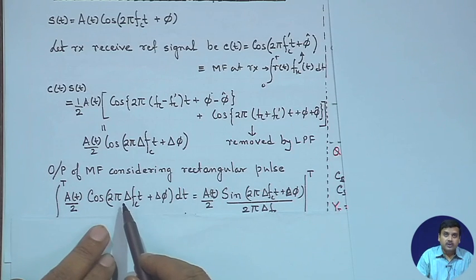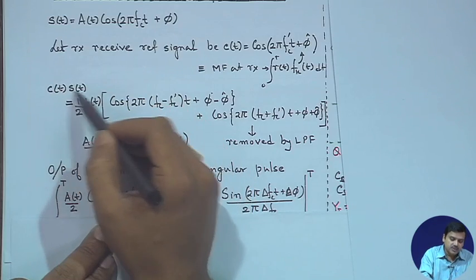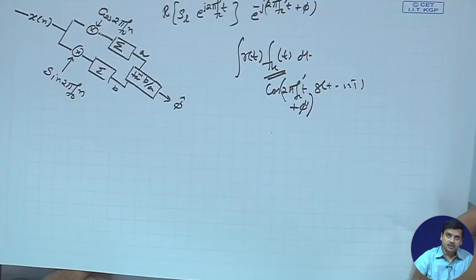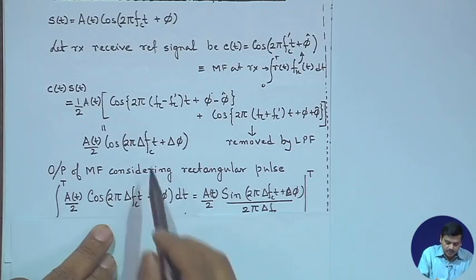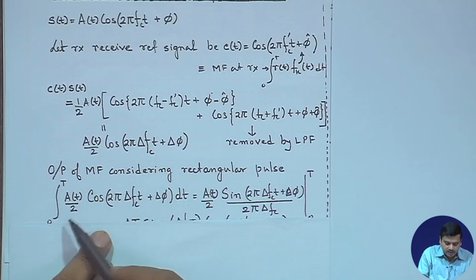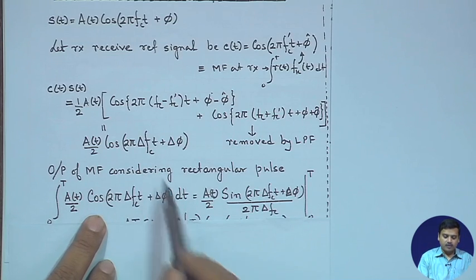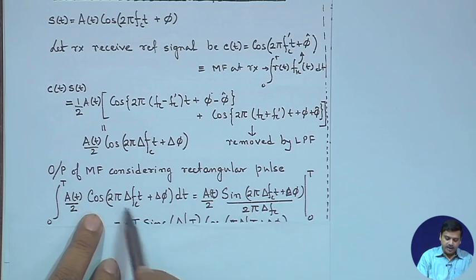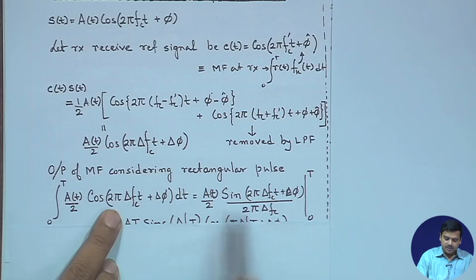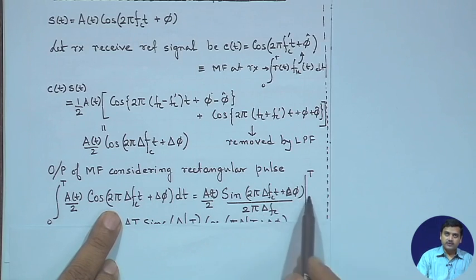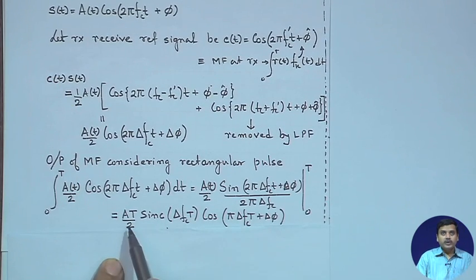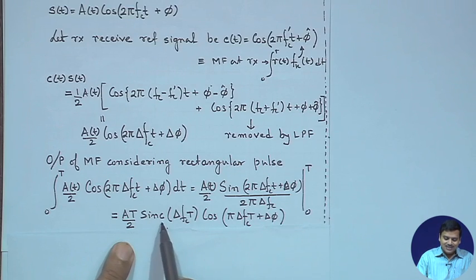So, what remains is the integration of c(t) s(t), that is what we have been explaining right here. So, the output of the matched filter will be, this is the product already, now the integration part is the integration of AT by 2 cos of this term. Integration of cos leads to a sine, and the inside parameter with t comes in the denominator, and you integrate this value from 0 to T, that means you calculate the value between T and 0 and evaluate it. What you get is AT by 2 sinc function of delta f c T,